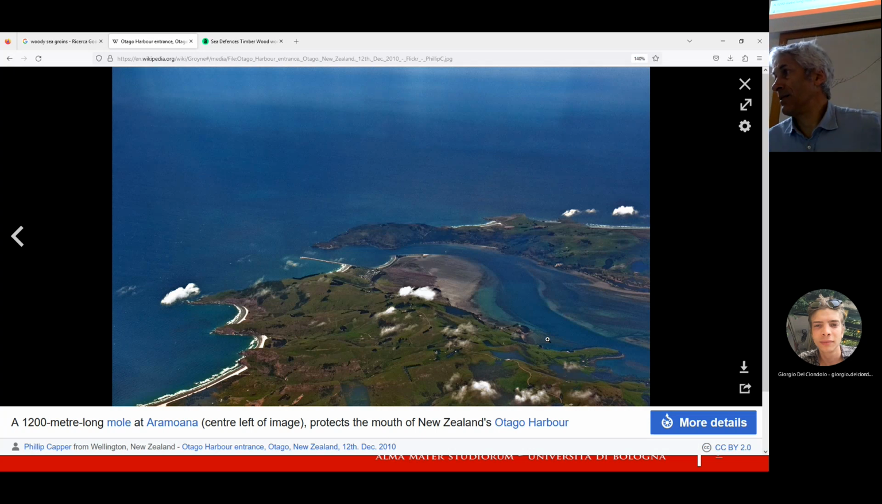Here there are other examples of groins. I think only one here is more a pier than a groin. But I'm not really sure if the one where my mouse is placed is the result of an artificial intervention. But you can see clearly here the effect of this